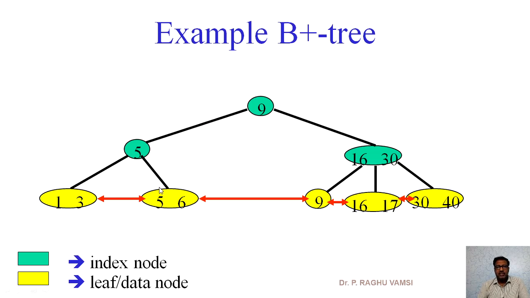Once the pointer is linked to the memory, immediately it will go to the corresponding file on the hard disk. Why I'm saying file here: in case of databases, it is a record. Whenever the record is stored on the disk, it will go to the disk, pick up the record and show it to the user. So one thing you need to remember is that these leaf elements are the data items. These data items will be stored on the hard disk.